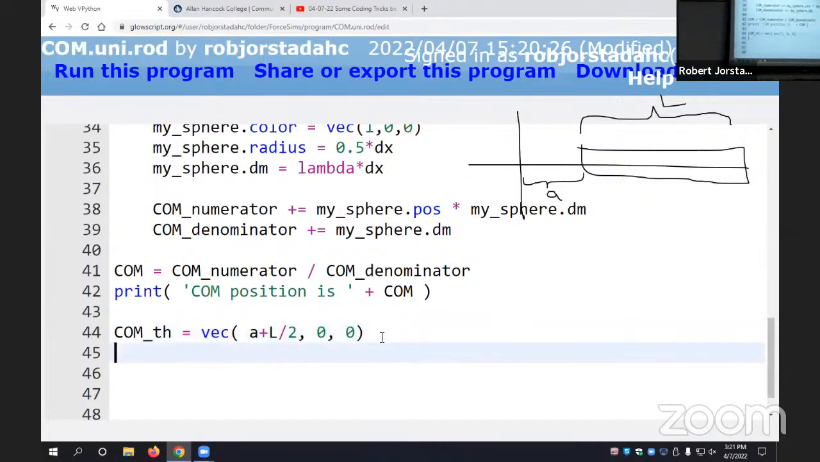So what I could do is try and compare these with the percent difference. But you can't do a percent difference on a vector. You can only do it on a component of a vector or the magnitude of the vector. So what I'll do is I'll say P diff equals